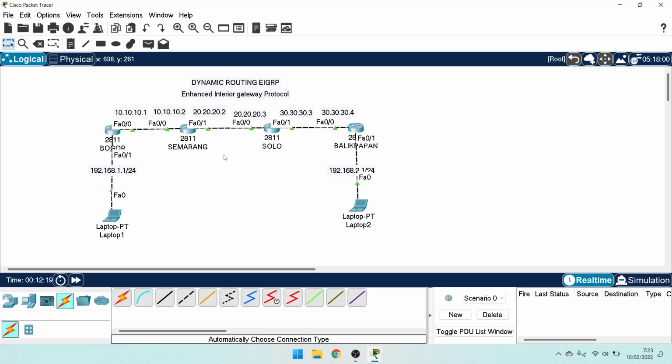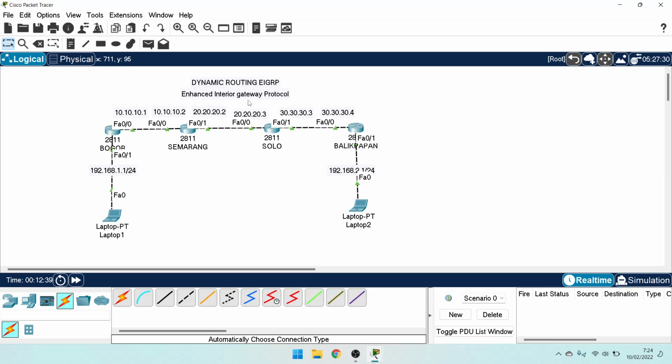Very fast convergence, equal and unequal load balancing, and 100% loop free. This is EIGRP, Enhanced Interior Gateway Protocol.